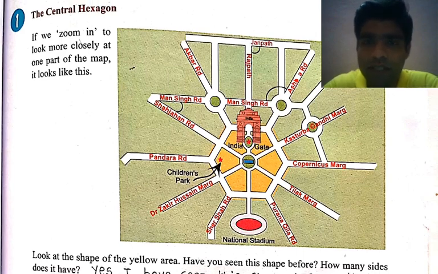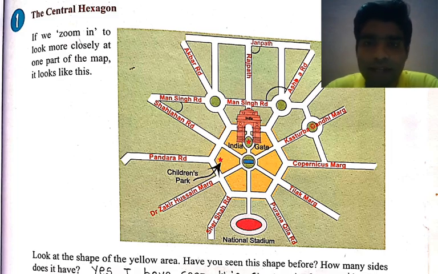Now this is our angle in between. We have to obtain the biggest angle, and clearly by using the map we can show it. It will be Mansingh Road and Ashoka Road. See, this is our map. Your map has three angles given to you: Mansingh Road and Shahjahan Road, then Janpath and Rajpath, and the third is Mansingh Road and Ashoka Road. The biggest angle is here, Mansingh Road and Ashoka Road.